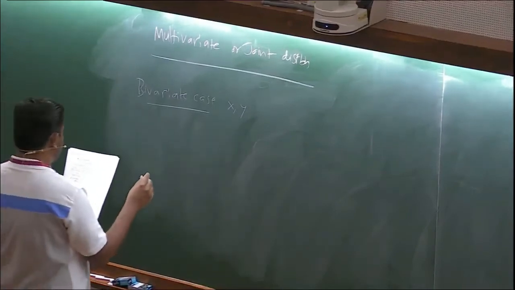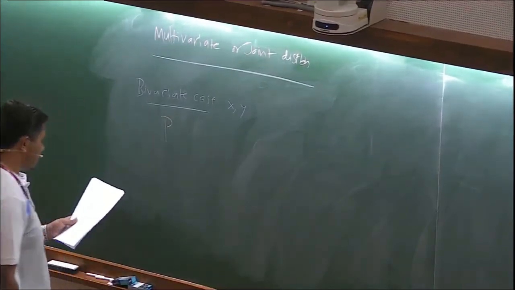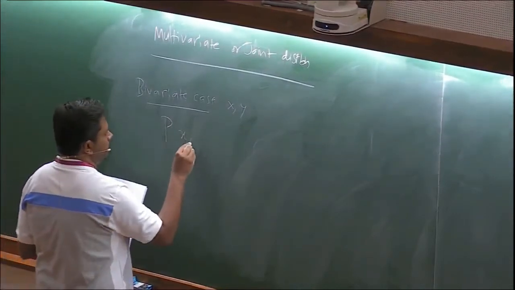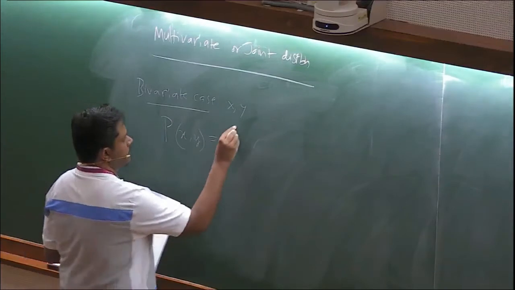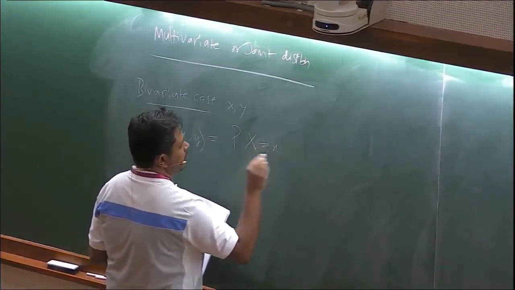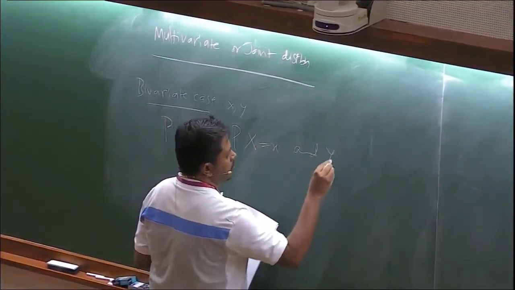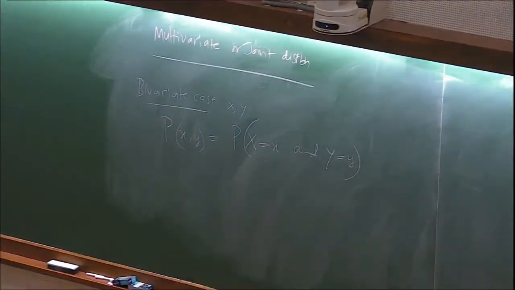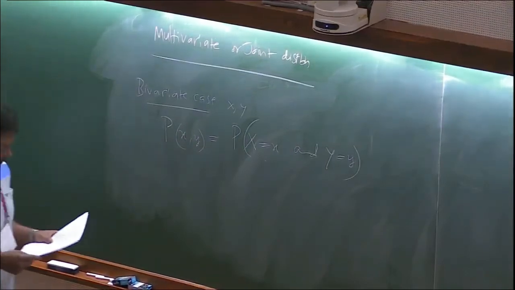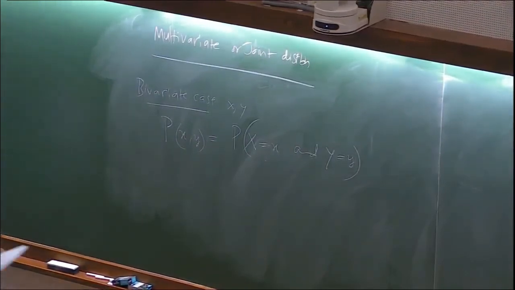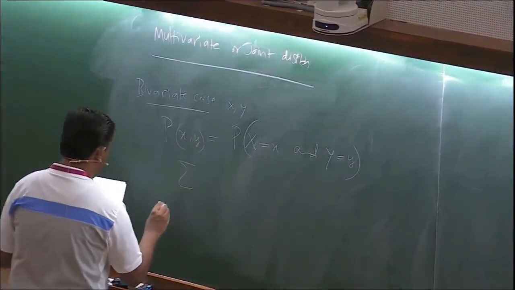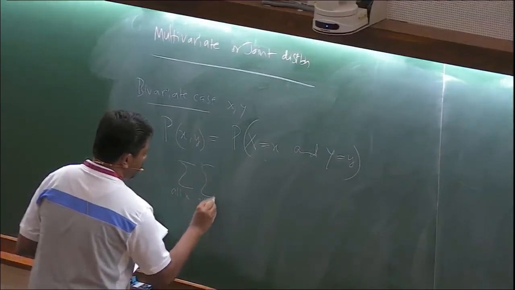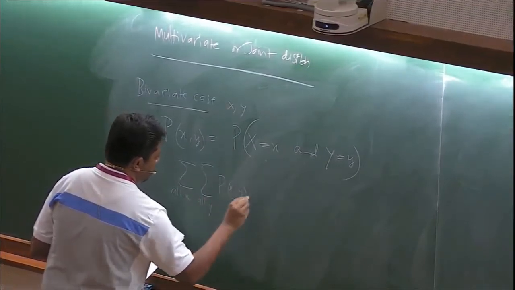So what's the statement here? The statement here is that if you want to look at the probability of little x and little y, that is the statement that the variable x takes the value x and the variable y takes the value y, conditional on both the variables x and y. So surely, just like the earlier case, if you have summation over all x and summation over all y, this should normalize to 1.